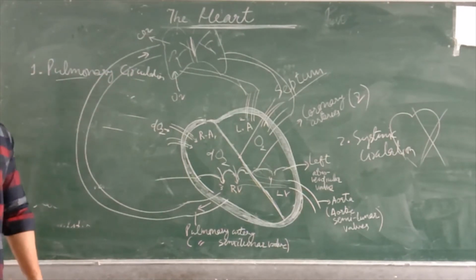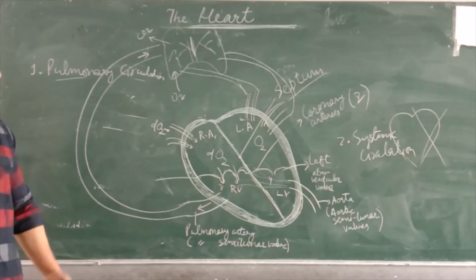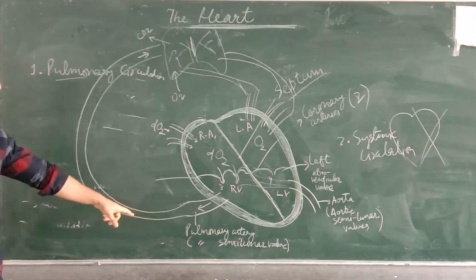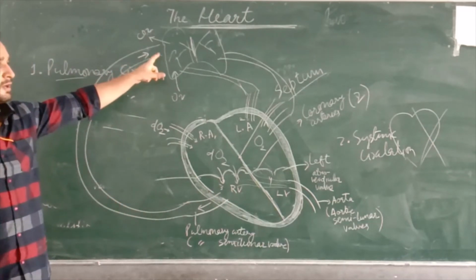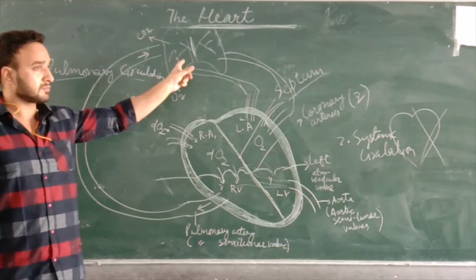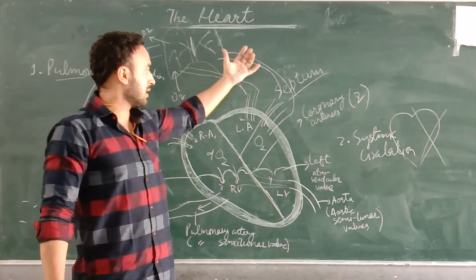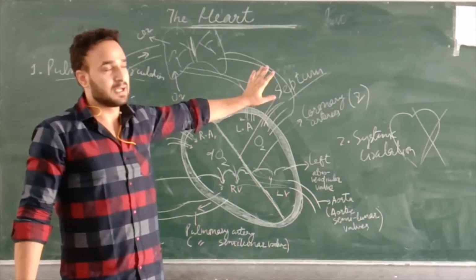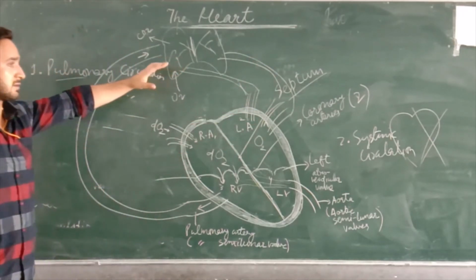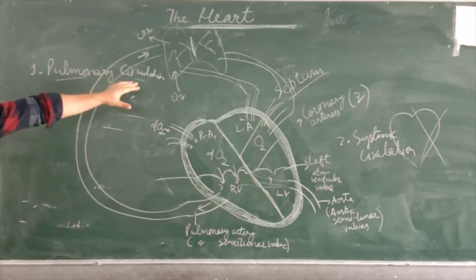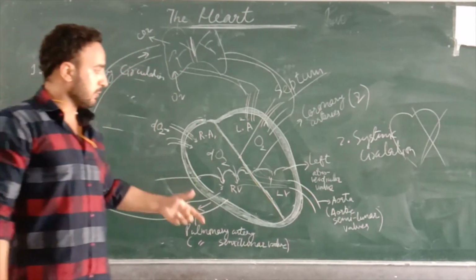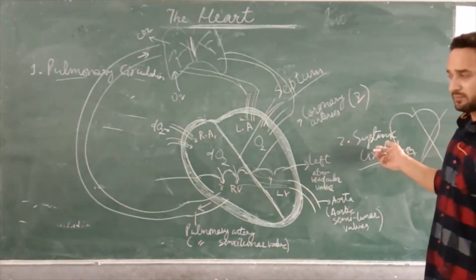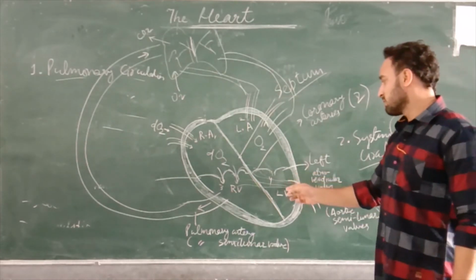Pulmonary circulation means it involves the heart. How does this happen? The right ventricle contracted, it pushed the blood through the pulmonary artery to the lungs, where the blood got oxygenated, and this oxygenated blood was brought to the left auricle by four pulmonary veins, and this completes one cycle known as the pulmonary circulation. Now, another circulation is the systemic circulation. This is the longer one. What happens when this left ventricle contracts?